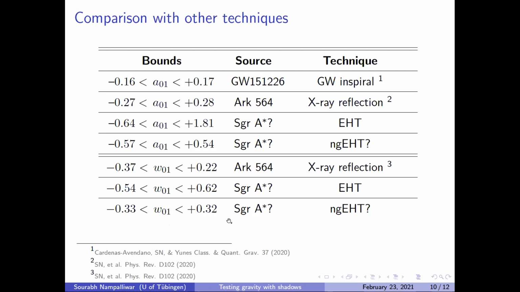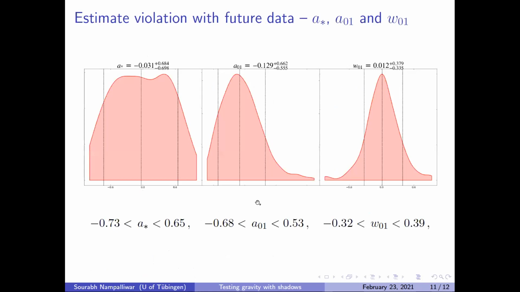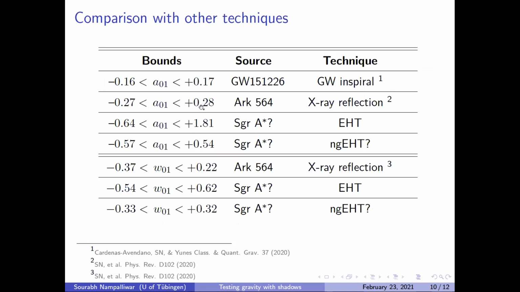What this means is if we measure these two parameters simultaneously, the bounds do not change much. So here I show you a simultaneous measurement with future data of A01 and W01. And you can see that the bounds do not change too much. This is actually very nice because, last minute? Yeah. Okay, perfect. So this is very nice because we don't know all the bounds that I showed here are